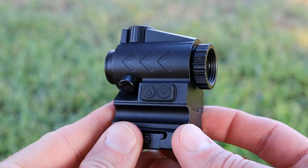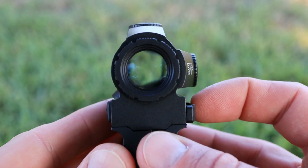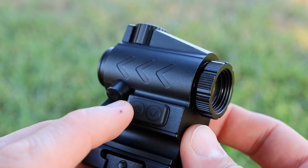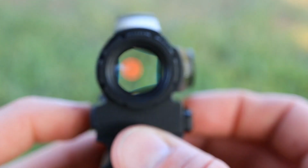So with the SAP being a prismatic optic, that etched reticle is always going to be there, but this unit does also feature battery-powered illumination. To turn the illumination on is very simple. All you need to do is press the up arrow. Once you have the unit on, as you can see here, you're able to cycle up or down between 8